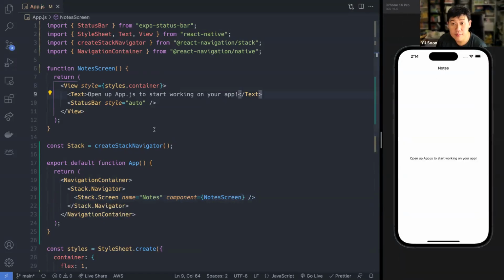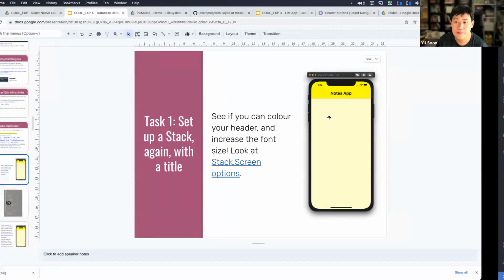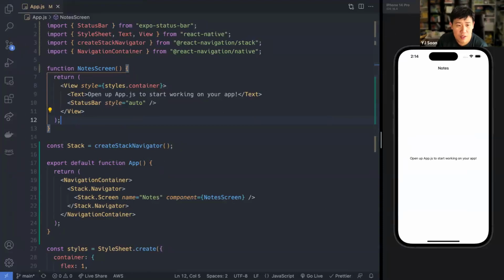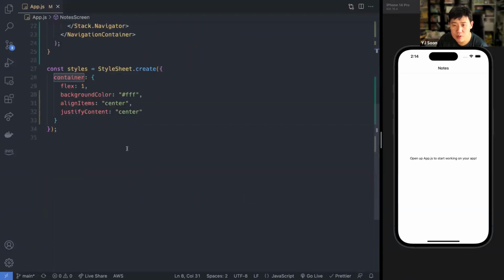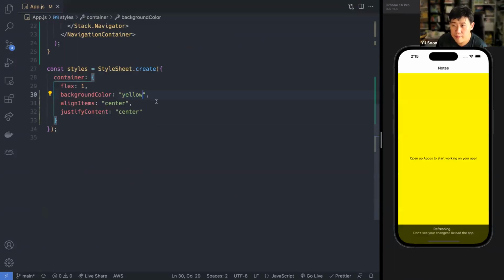Once I have these things set up, let's go make it more yellow to make it look more like your iOS Notes app, shall we? There's a few things you can do for this. First of all, let's make the note screen yellow. So styles.container will become yellow. Background color, yellow is FF0, or you can just type yellow. Ew, that's super yellow. So maybe CC0, that's just gross. So FF8, okay, slightly better. So this is how red, how green, and how blue.